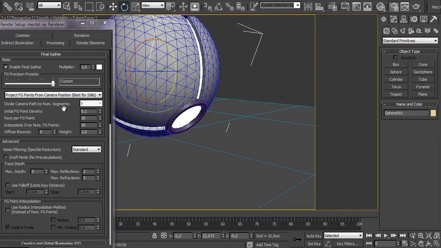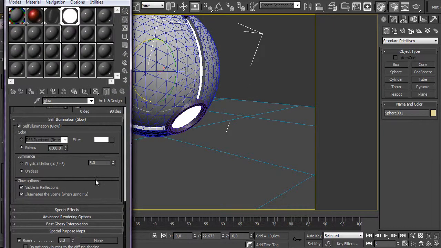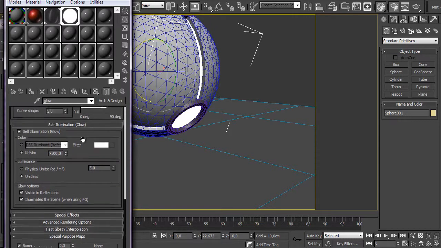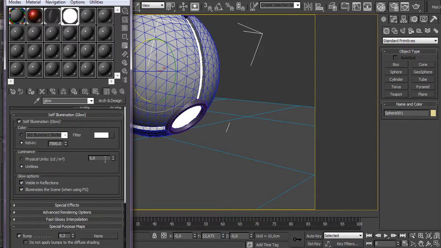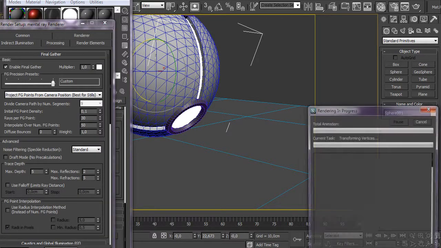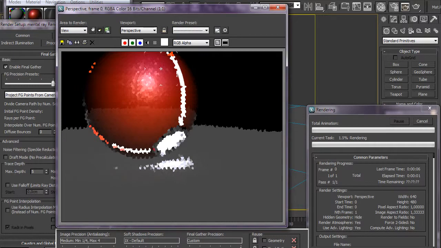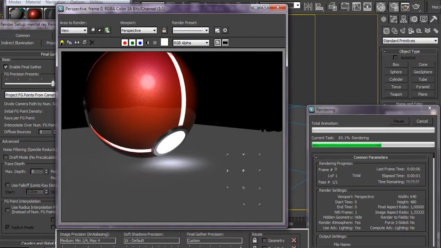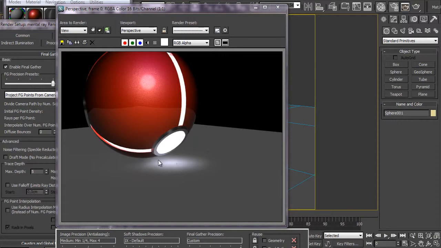I want something colder, so just increase the Kelvin value to 7500 and the luminance maybe to 6. Okay, let's try. Okay, this is colder, this is a little blue,